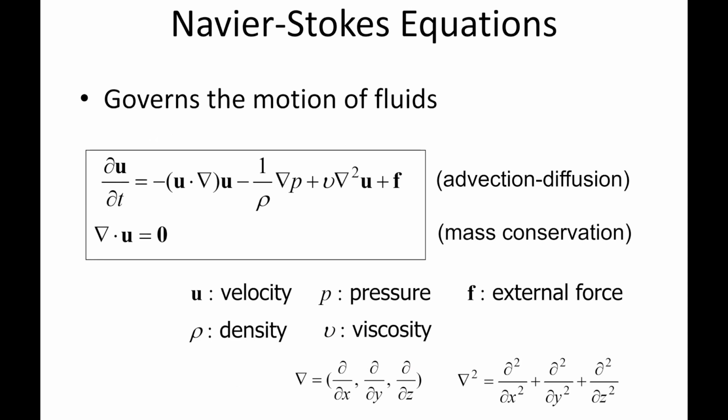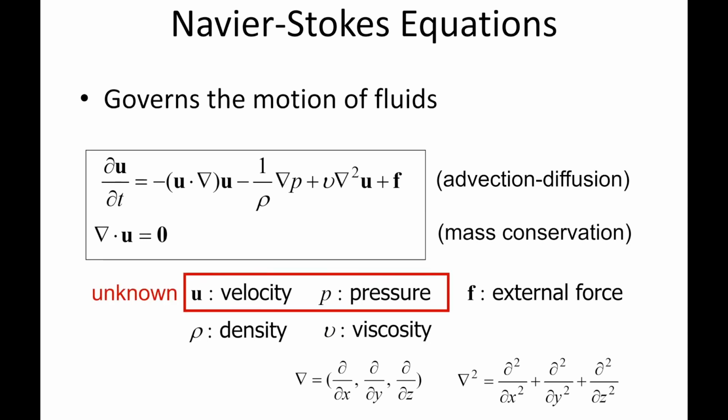We have two partial differential equations. The first one is the equation of motion, and the second one is the mass conservation condition. Anyway, by solving these equations numerically, we can obtain the motion or velocity of the fluid, or we can also obtain the